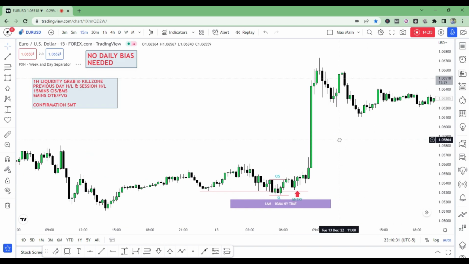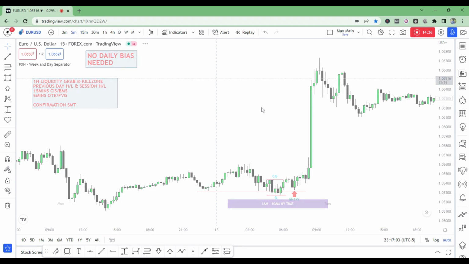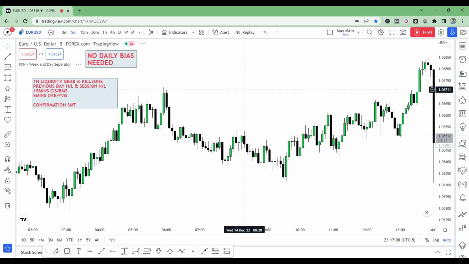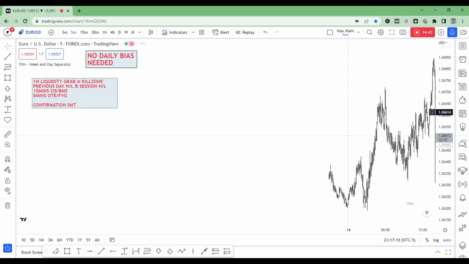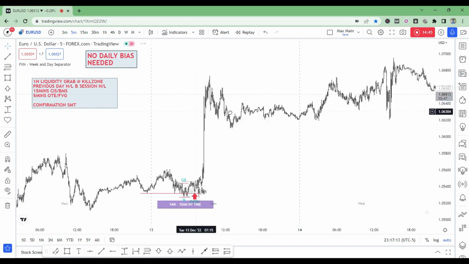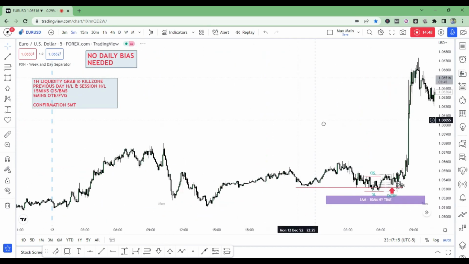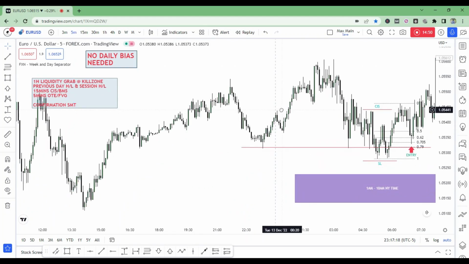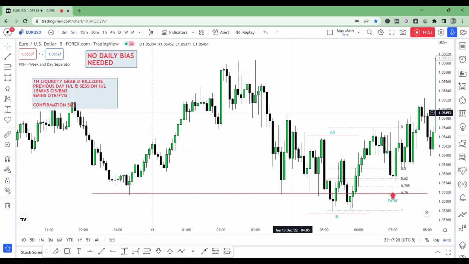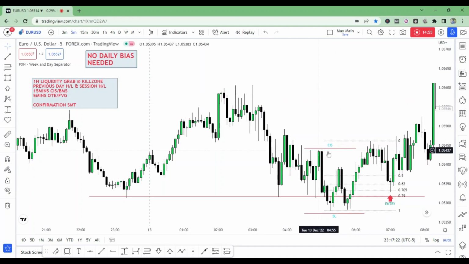So guys, those are the three examples that I'll be showing in this strategy, and I will be dropping down to the 5 minutes, and we'll check out these examples now from the 5 minutes perspective. Let's drop down into the 5 minutes and go back to these examples. Looking at this example, first of all, if you look closely, this is a 15 minutes change in state of delivery.